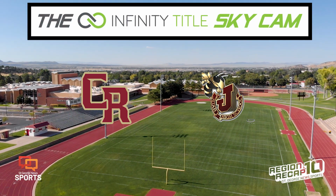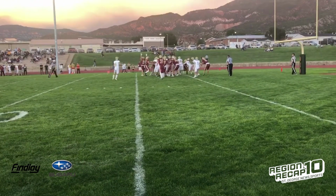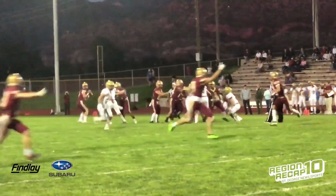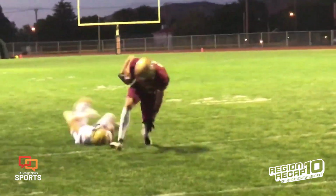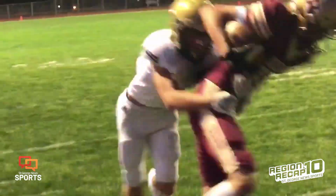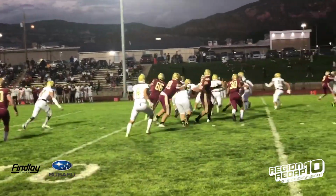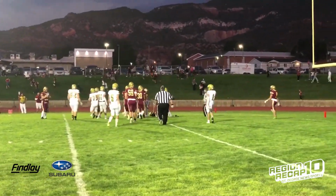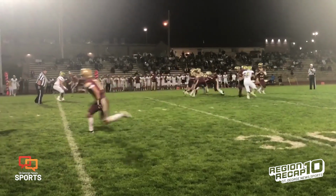Up in Cedar, the Reds took on the Juab Wasps. Cedar scored on its opening drive of the game, which ended on a 2-yard touchdown run by Matthew Villarreal. However, Juab answered immediately thanks to a 96-yard kickoff return by Gunnar Nielsen that made it 7-7 with just 9 minutes left in the first quarter. Cedar quarterback Coden Lunt found receiver Ammon York for a nice gain to the Juab 9-yard line. Then Traden Elliott ran the ball into the end zone on the very next play, putting the Reds back